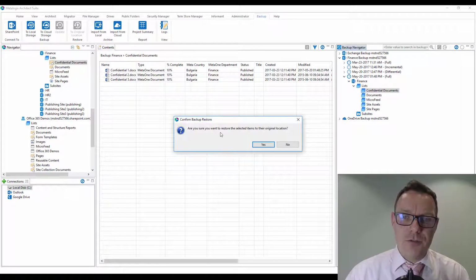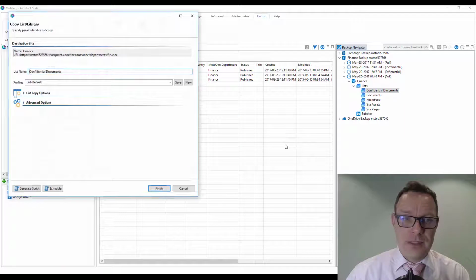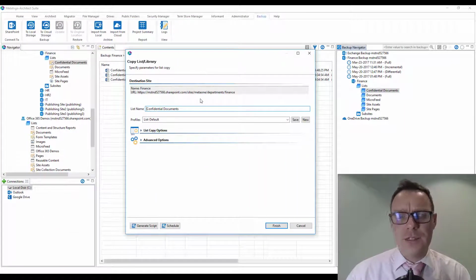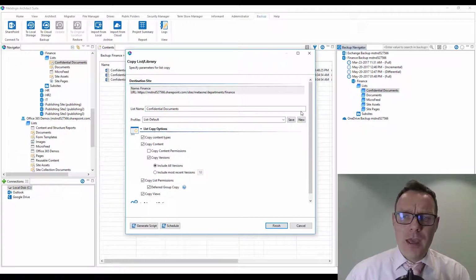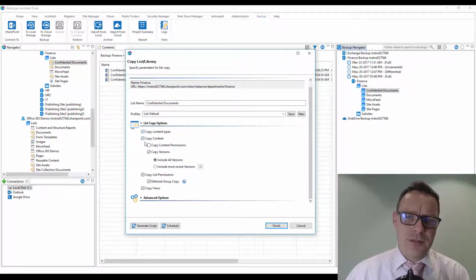Again, it says, are you sure you want to restore the selected items to their original location? Click yes. Do you want to send a notification? No, not in this instance. So now it's showing me the wizard for restoring this library. Here we can choose whether or not to restore content types, content and versions, all versions or a set number of versions, and whether we want to restore the permissions, views, and then under